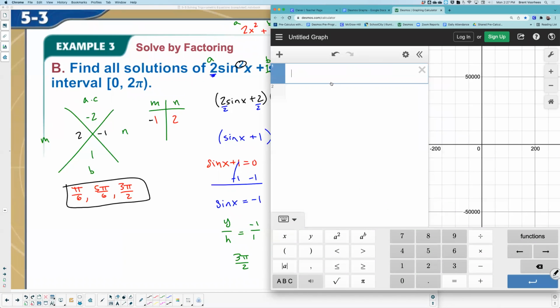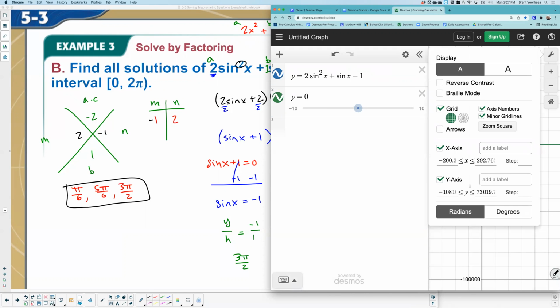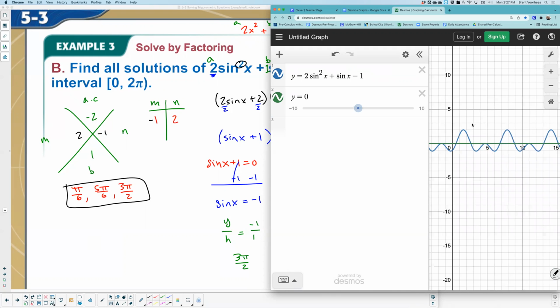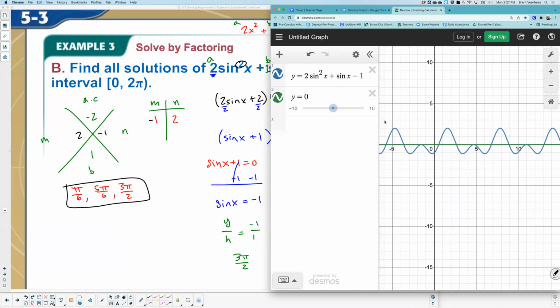If you were to do any of these problems I've worked through today, any one of them, you could actually get your solutions just by, some of y'all are like, really, you waited till now to tell us? Yes, I did. If you did y equals the left side and then y equals the right side, just like I've done here, I'm going to switch back to radians because that's the answers I've been working with, pies. If you graph these and look for any answer that occurs between 0 and 2 pi,